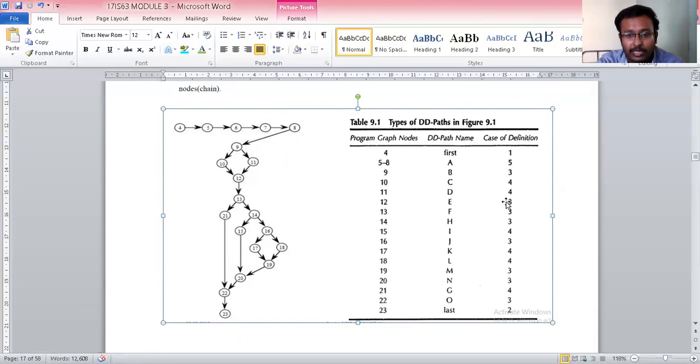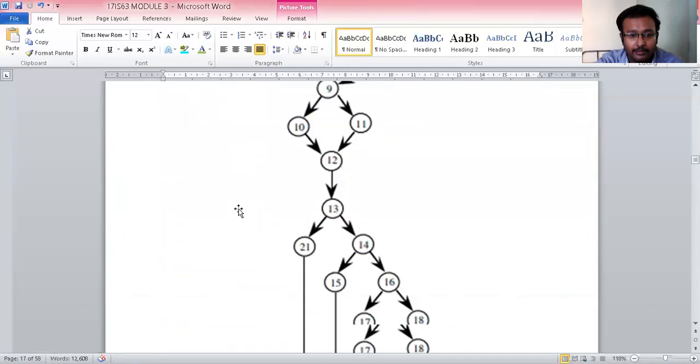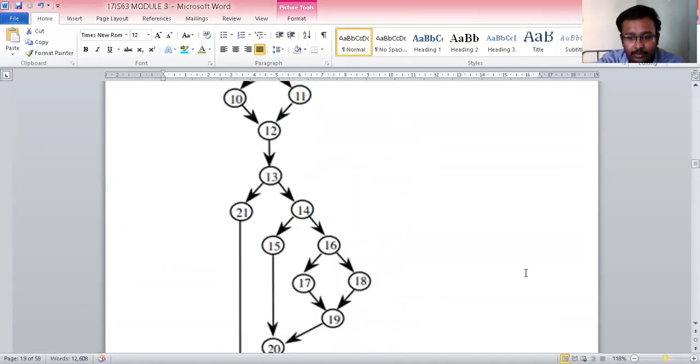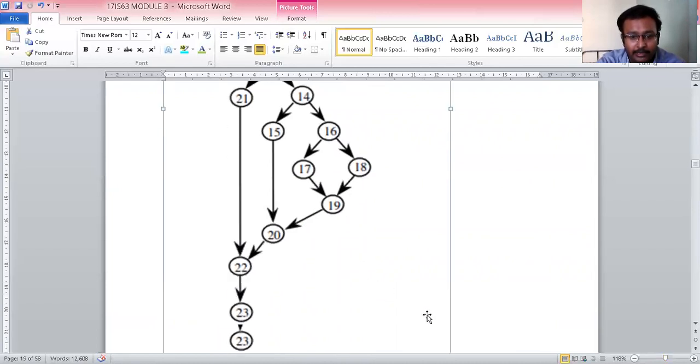Like this, you classify each and every node into the 5 types. After that, you convert the program graph into a DD path, that is, a definition to definition path. When you convert this program graph, it looks like this. This is the definition to definition path.